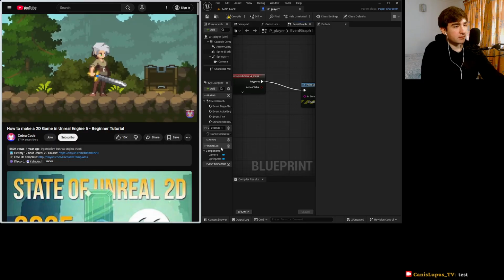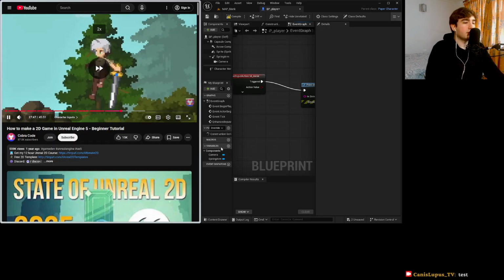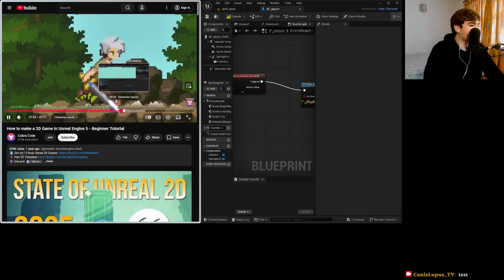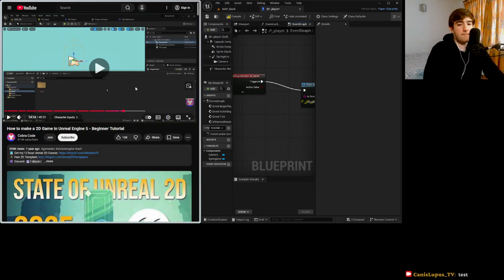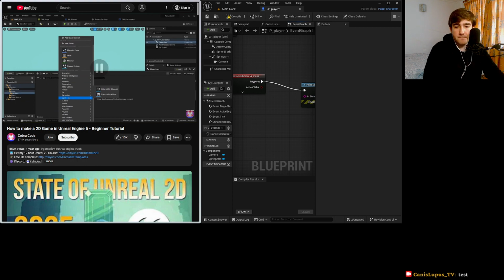The new enhanced input action system has become the default, and we'll be using that for this tutorial. It might be a bit hard to wrap your head around at first, but it has a lot of great built-in context that binds these actions to a certain button and can also apply modifiers. Let's first go into the actions folder, right-click, input,